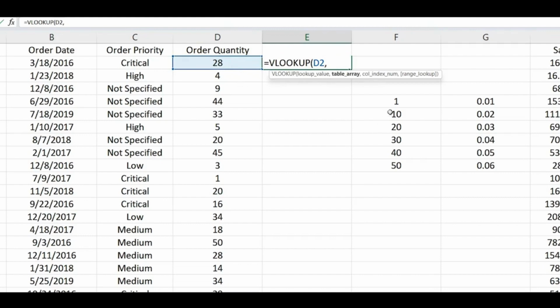So I wish to look up this number 28 in my lookup table. So I select my lookup table, also known as the table array, as Excel is prompting me. Put a comma there. The third input is, so now remember, Excel will try to search for 28 in the very first column of my lookup table. Now, when it finds the number 28, what do I wish to do? I wish to output the corresponding value in the second column of my lookup table. So my next input, the column index number, would be 2,